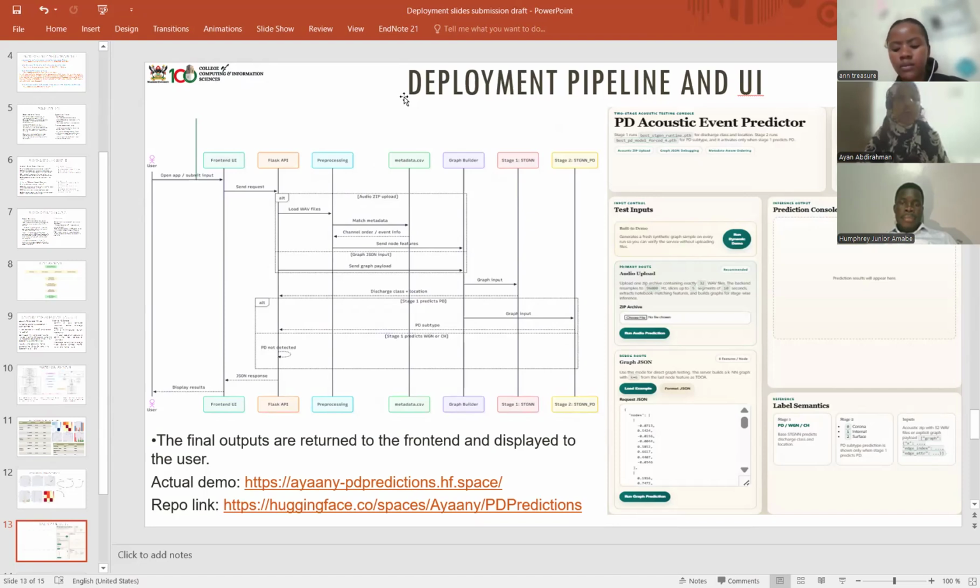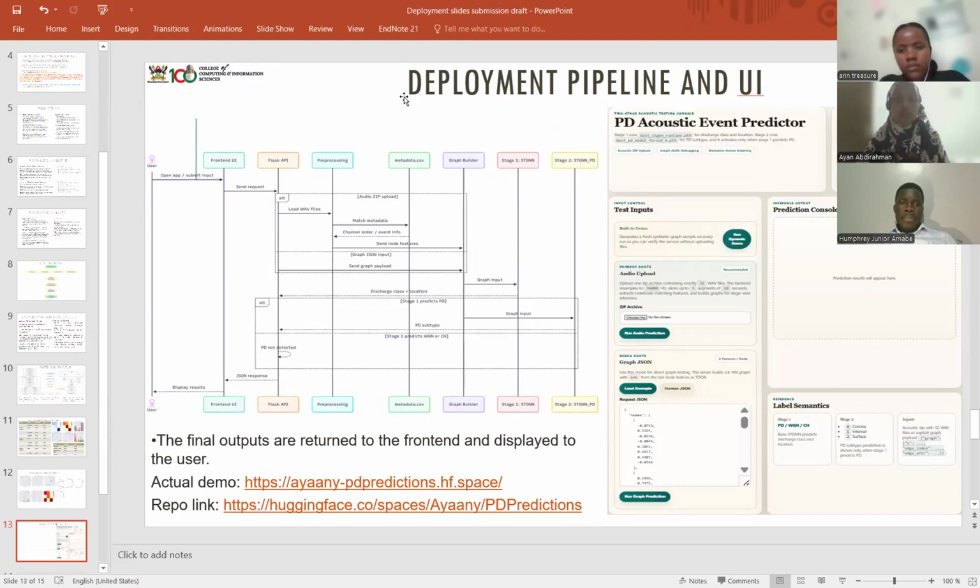We also have another supporting component, which is the metadata CSV. This file is used to validate the uploaded audio file names. Then it helps us to recover the original event information,